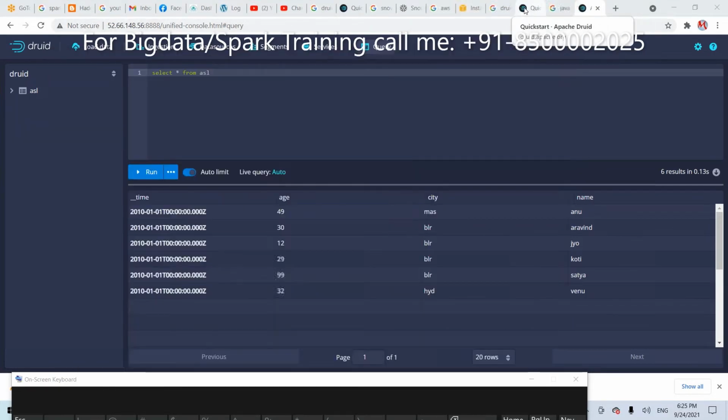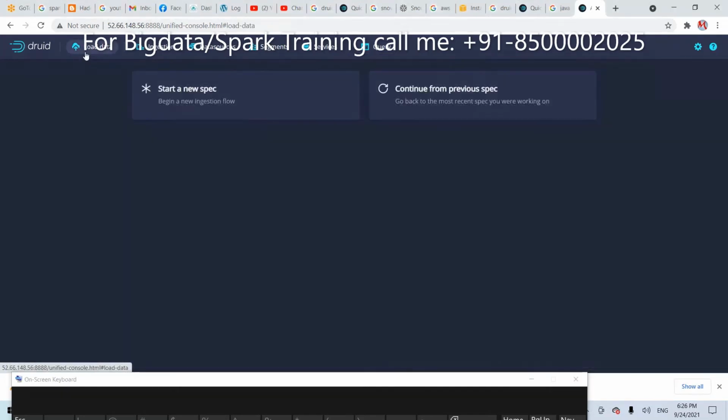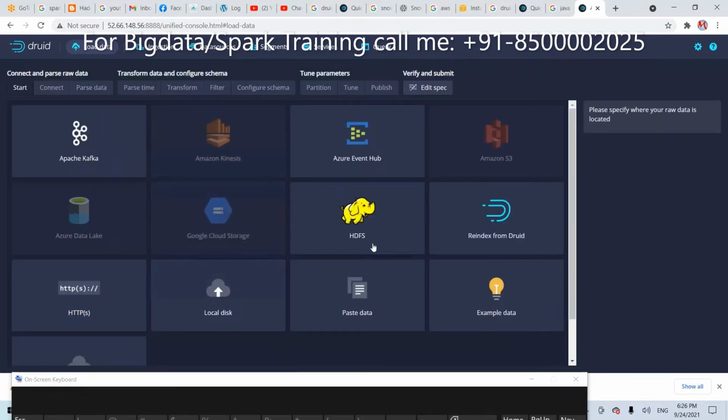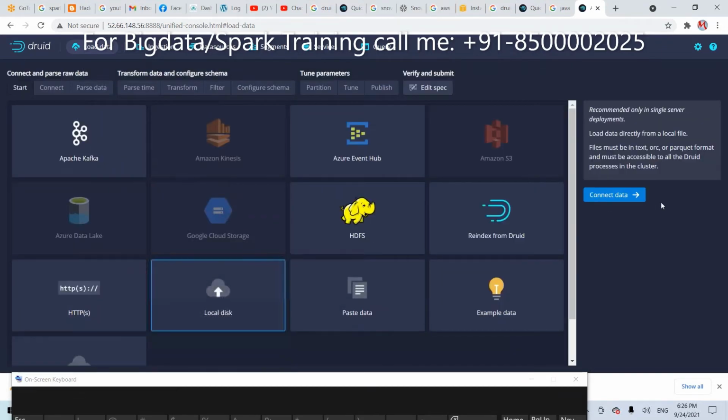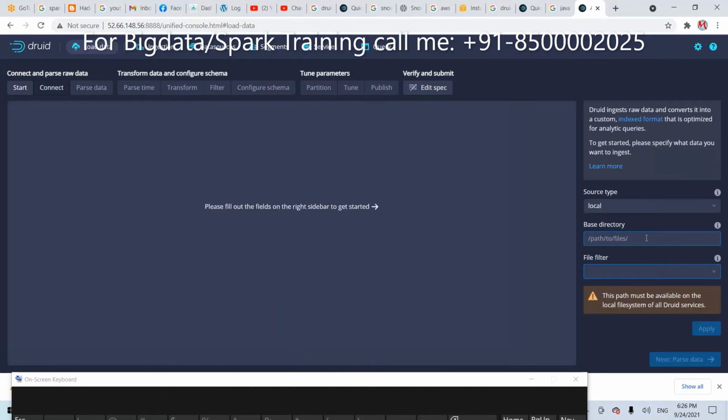Now go to Druid. Now I want to process one more table. At that time, load. Click that load, anything is fine. For example, I want to load local. Maybe where is that data located?